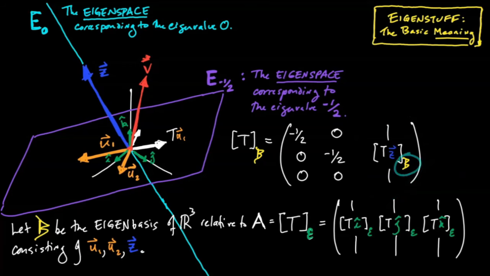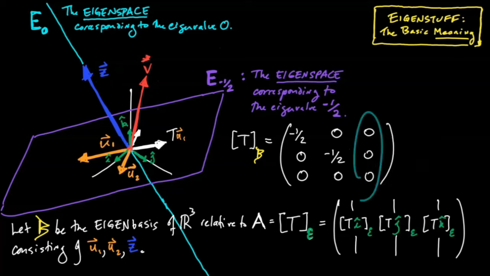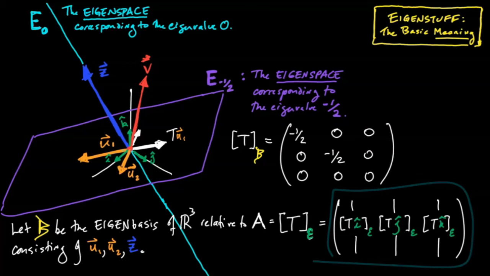That's the eigenbasis coordinates of the image of Z. The image of Z, that's an eigenvector with eigenvalue 0, so its image is the 0 vector itself. So, of course, that third column is just 0, 0, 0, because we don't have to take any steps at all to get to the origin. Now, this is interesting. This is not just some jumble of 9 numbers.